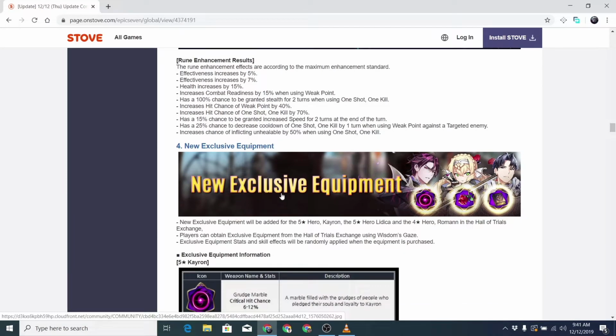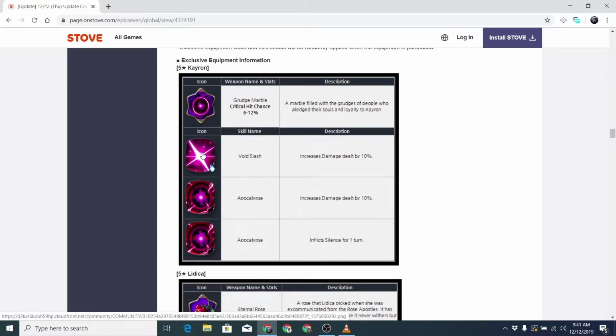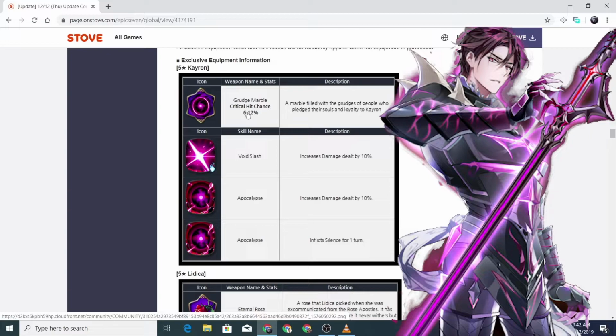New exclusive equipment. Okay, so Karen is going to receive a new exclusive equipment, which is going to make him a little bit better, guys, really great. So first of all, critical hit chance goes from 6 to 12%. That is pretty good. Wow, more critical hit chance, damn, that's good. And it increases the damage dealt by 10% for the first skill. The second skill increases damage dealt by 10% as well. And for the third skill, Apocalypse,